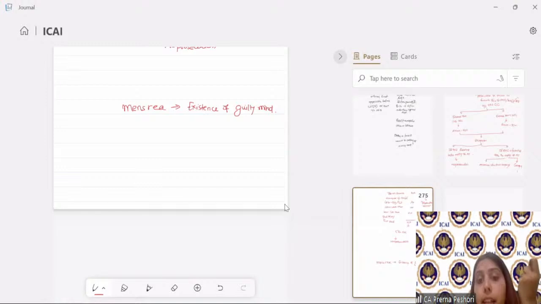The prosecution cannot be instituted under 276C or 277. 276C was in regard to underreporting of income, or 277 was in respect of false statement and verification. So when there is underreporting of income, the prosecution cannot be instituted if the penalty is waived off. Where the penalty has been waived, the prosecution cannot be instituted.